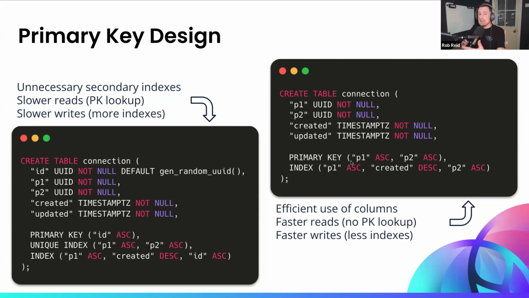So they are inherently unique this time. So that's removed an index. And this can also be considered a storing or covering index without the use of the storing keyword over essentially the friend request. So reads and writes in this example are faster. They make more efficient use of columns and everything's a little bit quicker.